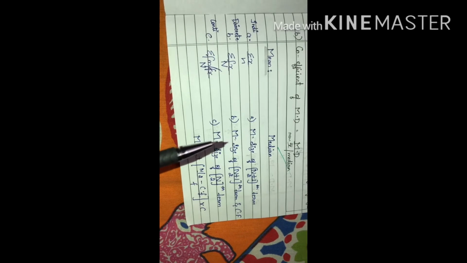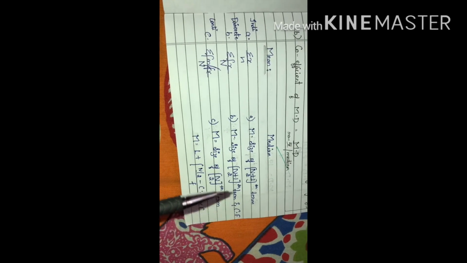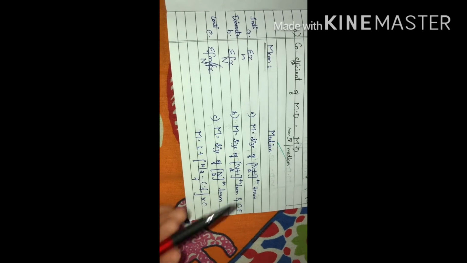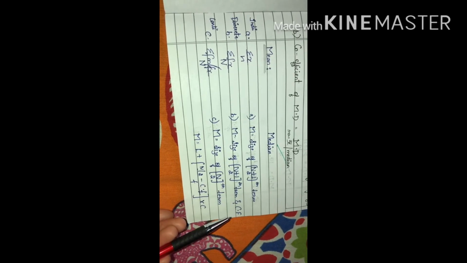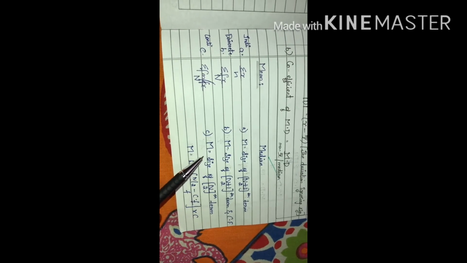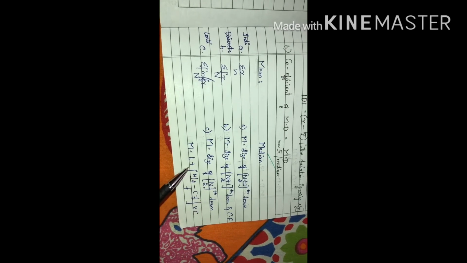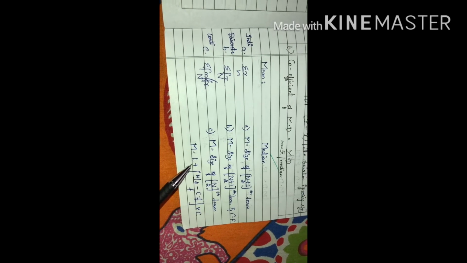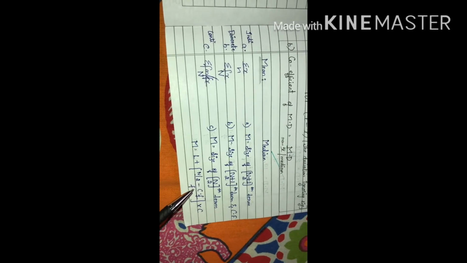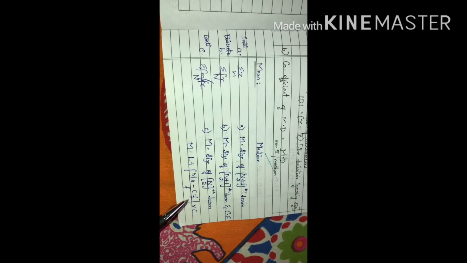The formulas for median: under individual observation, M equals size of (n plus 1) divided by 2 th term. For discrete series, M equals size of (n plus 1) divided by 2 th term, and you are again supposed to identify the cumulative frequency less than. For continuous series, the median class is the size of n by 2 th term, and M equals L plus (n by 2 minus cumulative frequency of preceding) divided by frequency, into C. Okay, let's enter into the problems.